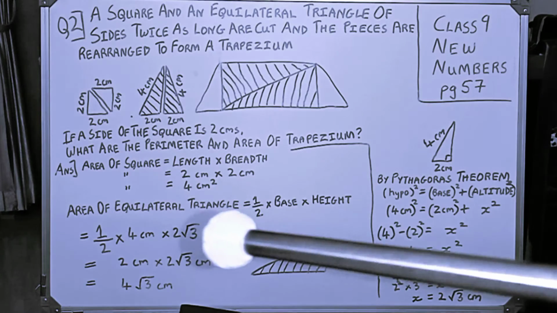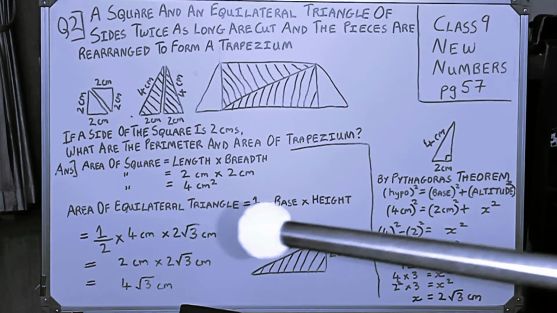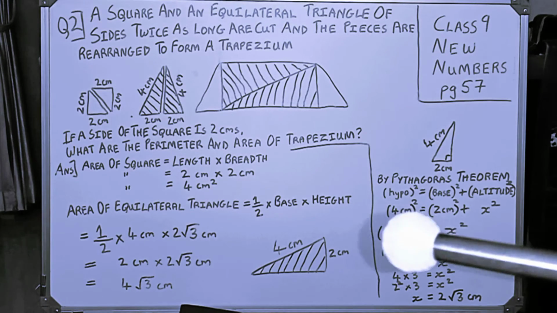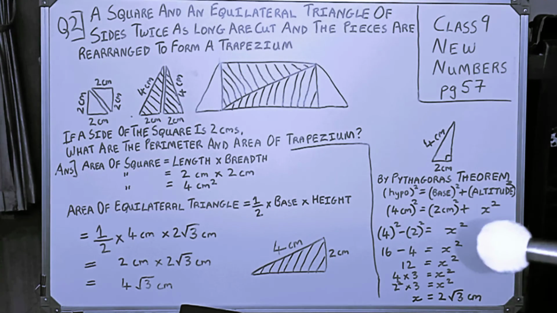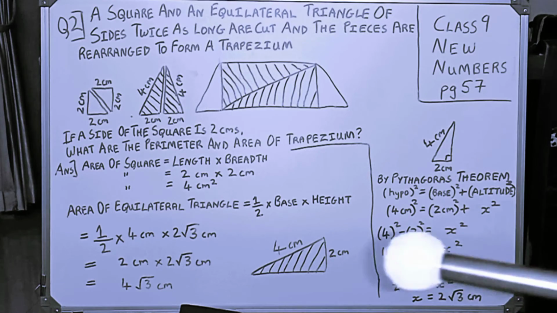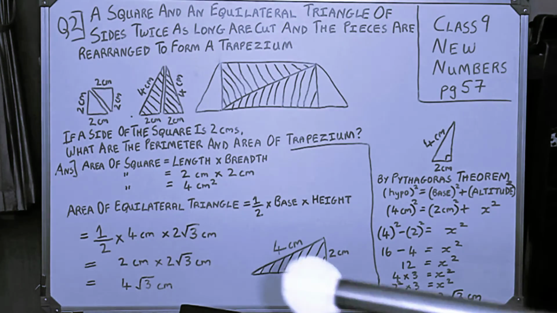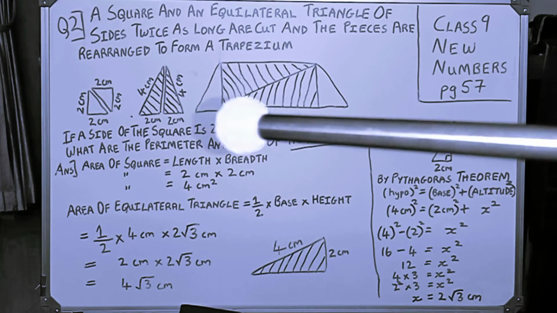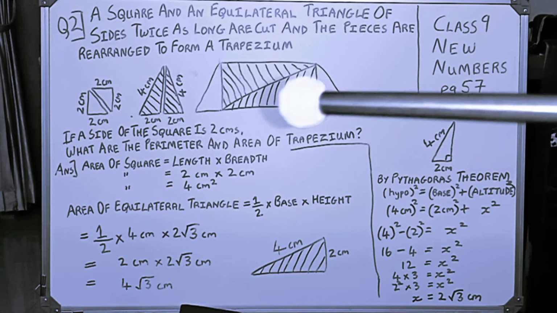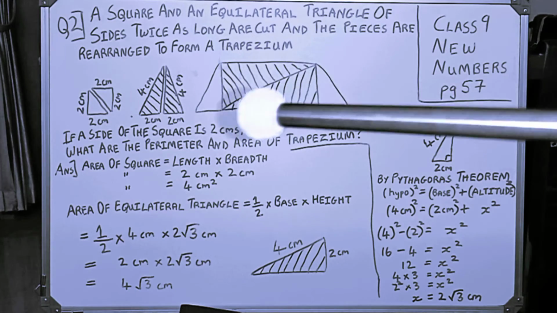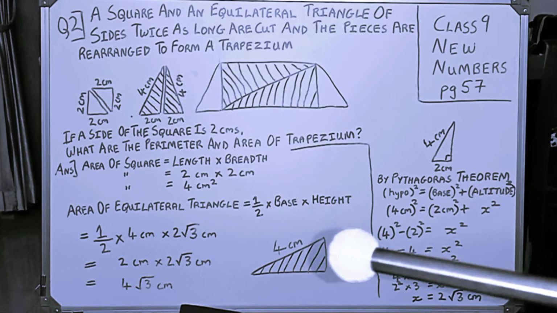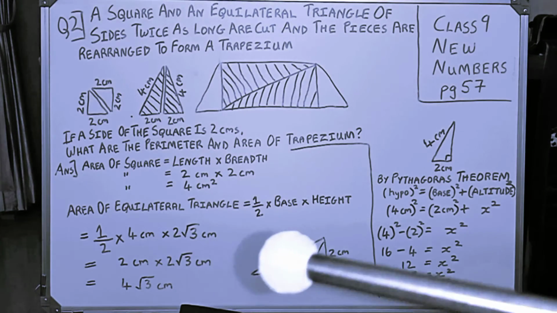So equilateral triangle, you can see the area of an equilateral triangle, of any triangle, is half into base into height. Height we have already found out, height or the altitude is one and the same. Half into, you can see we have taken one of the sides as base, this side is 4 centimeter. We have kept over here 4 centimeter, and this height is 2 root 3. So half into base into height.